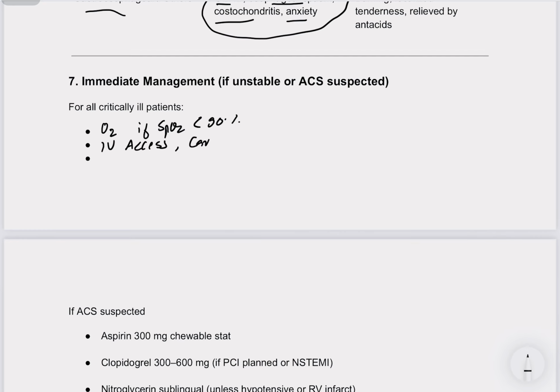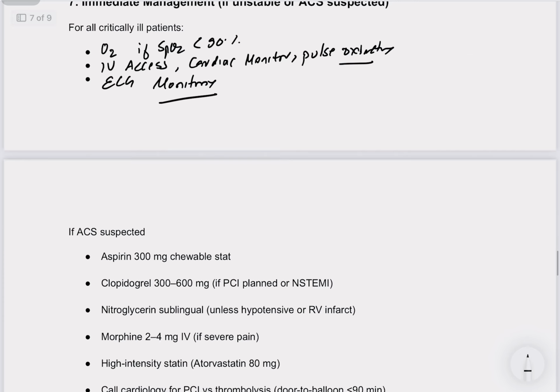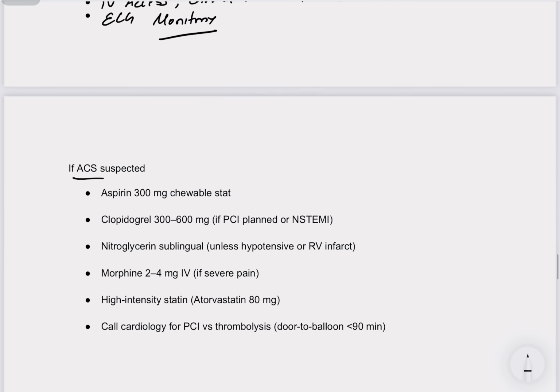We have to have a cardiac monitor and pulse oximetry. Okay, we should have ECG monitoring of the patient. After that, if ACS is suspected, from history, ECG finding, or troponin rise, then immediately we have to give